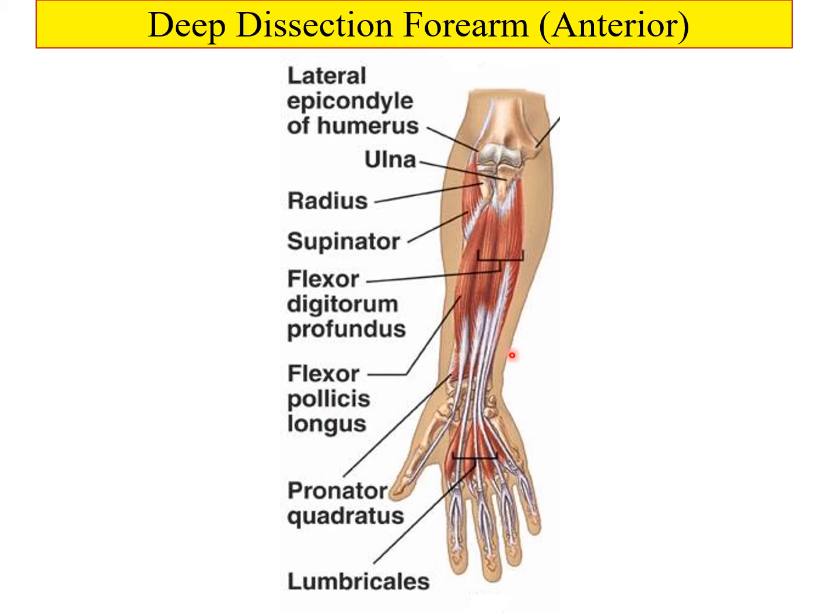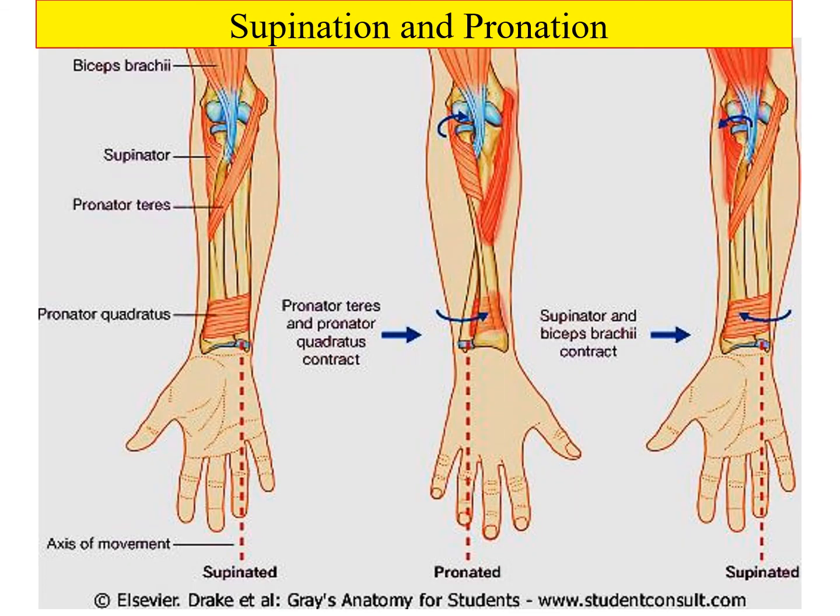If we remove these two muscles also and go further, then we will see the muscle which is known as pronator quadratus. It is the deepest muscle, attached to the radius and ulna, quadrate in shape. When we perform the movement of supination and pronation, this is the long axis on which we move. Why? Because the ulna, as I told you, never moves. The ulna remains in its position, and only the lower end of the radius, while we are doing pronation, rotates anteriorly over the ulna lower end